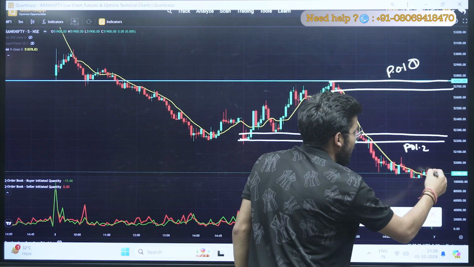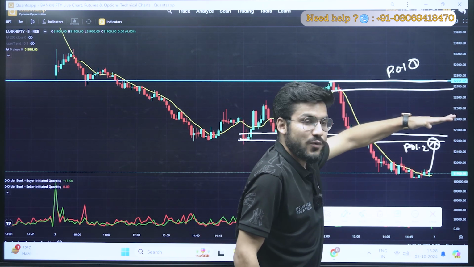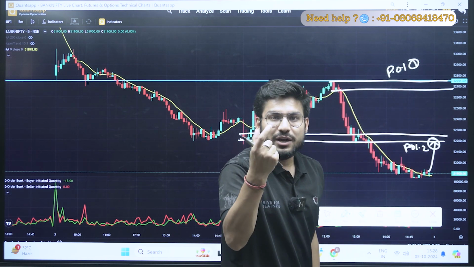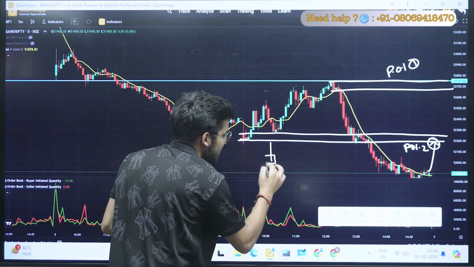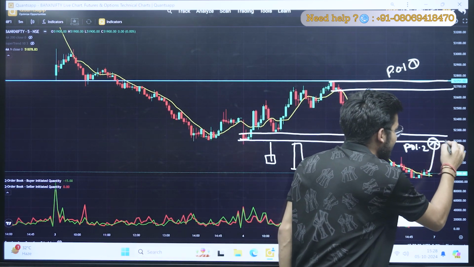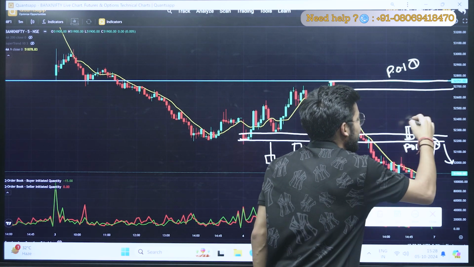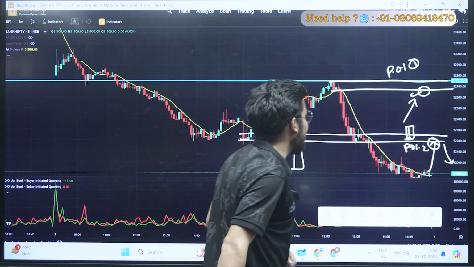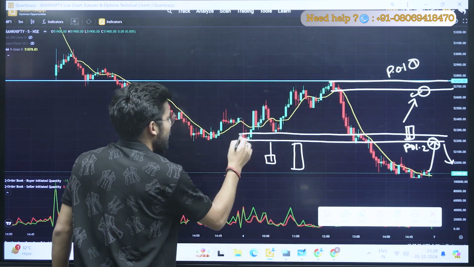So if my market at any point of time comes here again, at that time what I'll think is, this is my point of interest from where the big players can again take an entry, right? So if it faces rejection here, how can I get a confirmation? You can say rejection like this. Okay, if the market gives rejection, or a good bearish engulfing candle forms, then I can take my entry in the bearish direction. Okay, if it gets broken successfully by a green candle, then I'll take entry again in the upward direction. Up to where? I can take direction from here, right? But before this zone, at any point of time, let me show you how, right?